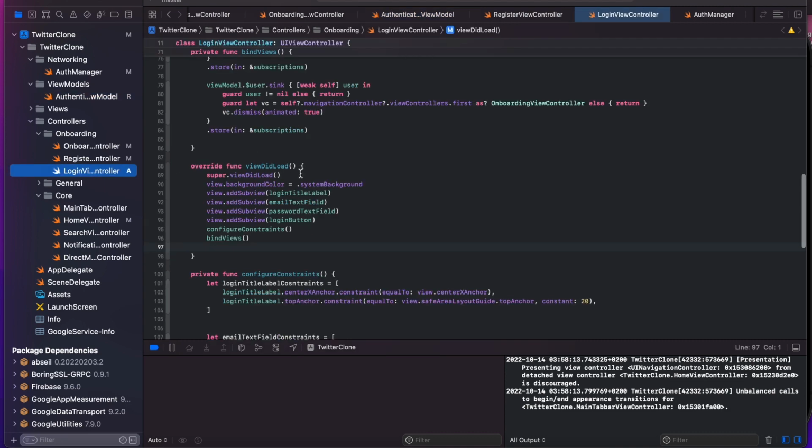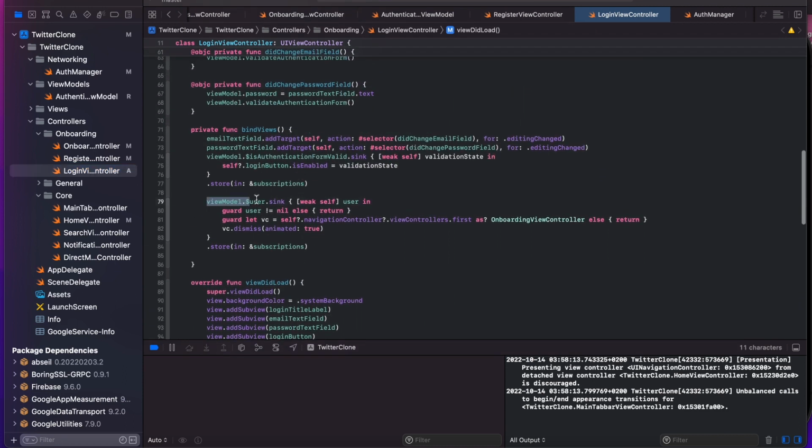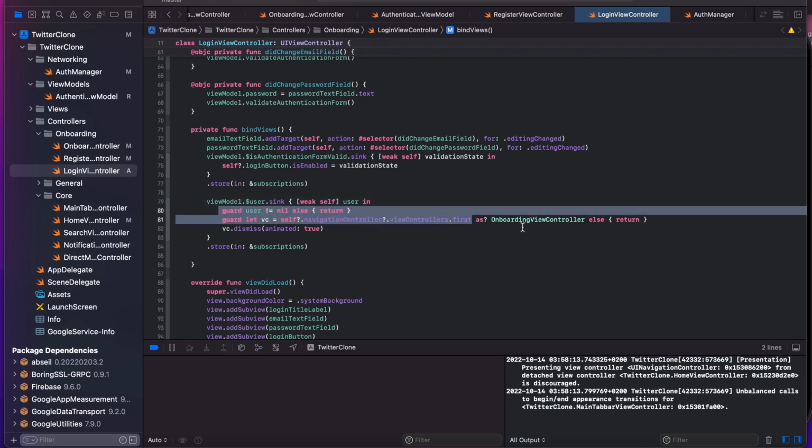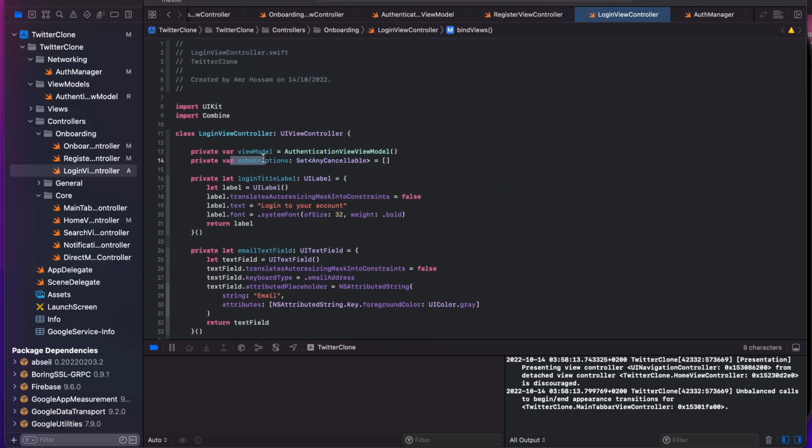And I believe we have already done that when we copied everything. So as you can see here, the view model, I'm just going to go inside my login view controller. So view model, user, and whenever we have a user over here, we want to do the same thing, referencing the onboarding view controller, VC dismiss,